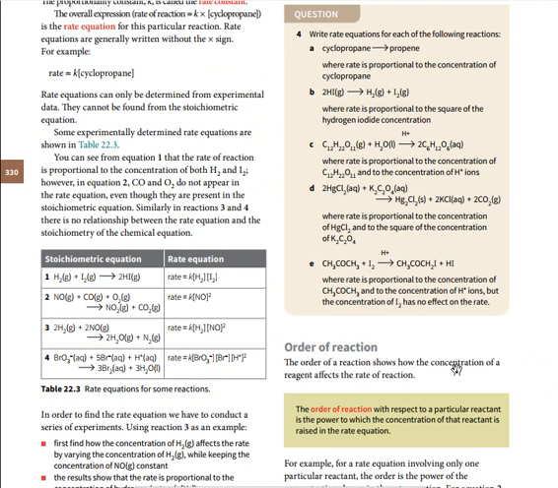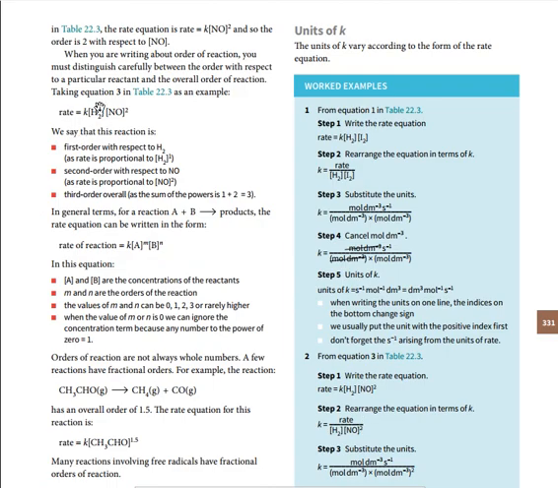The order of reaction shows how the concentration of the reagents affects the rate of reaction. The order of reaction with respect to a particular reactant is the power to which the concentration of that reactant is raised in the rate equation. As you can see, these are the orders of reaction. The order of reaction of this equation is going to be 1 plus 2, which is equal to 3. So the total rate formula is given as this one: k, the concentration of A raised to the power m, the concentration of B raised to the power n, where m plus n is the order of the reaction,